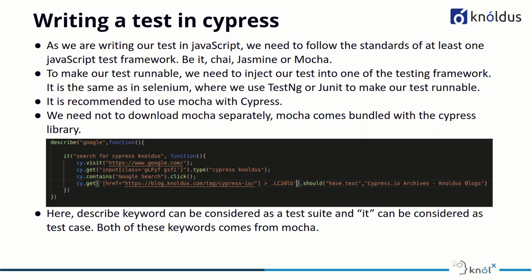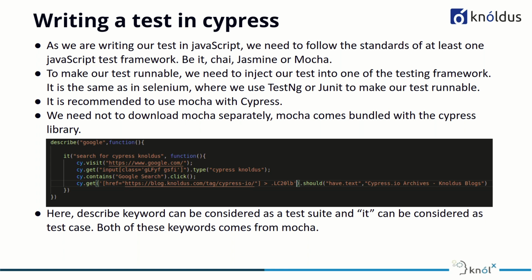And in the code snippet here, there are two main keywords. There are multiple commands, and if I were to define every command that we use in Cypress, the session would take a lot of time. So I'm just pointing out the key points that need to be addressed. Here you can see we have two keywords basically, describe and it.